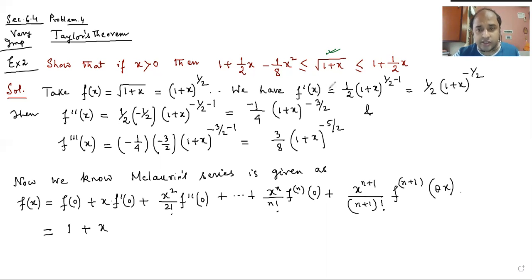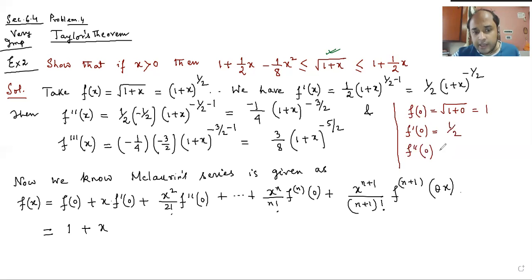So f(0) is 1 plus 0, which is 1. f'(0) will be 1 plus 0, that is 1 to the power minus half, that will be half only. And f''(0) would be minus 1 by 4, 1 plus 0 to the power minus 3 by 2, that is minus 1 by 4. Let us stop up to this. Okay, so we get x into half,